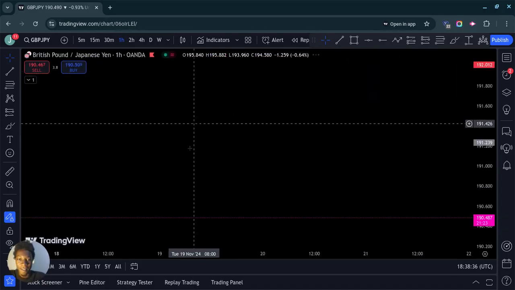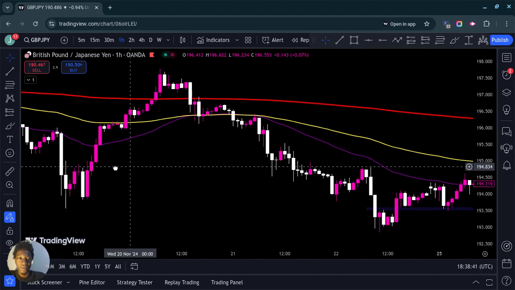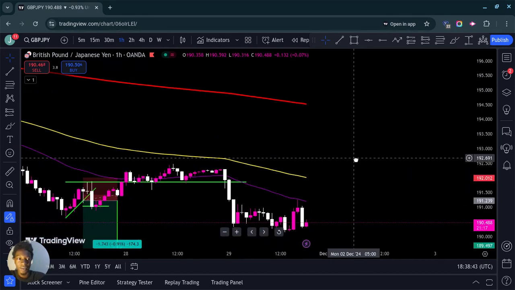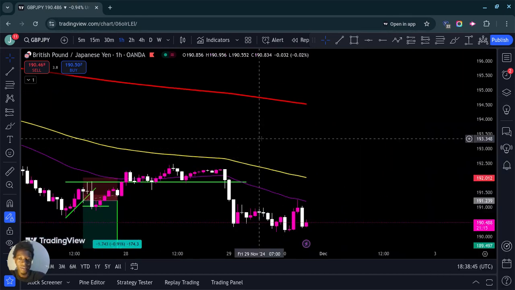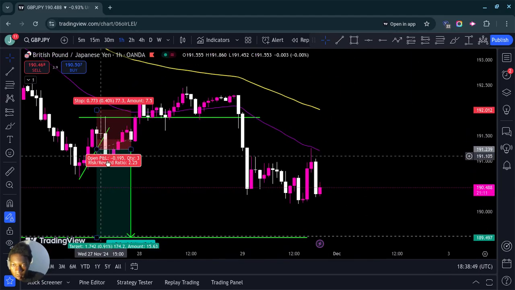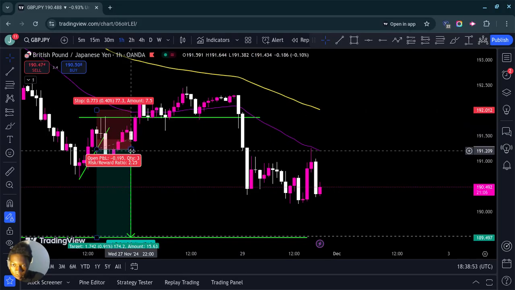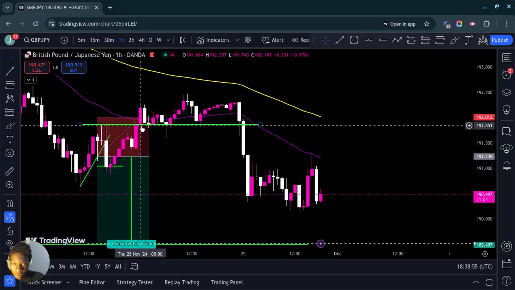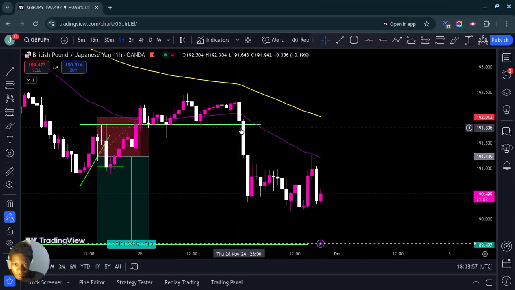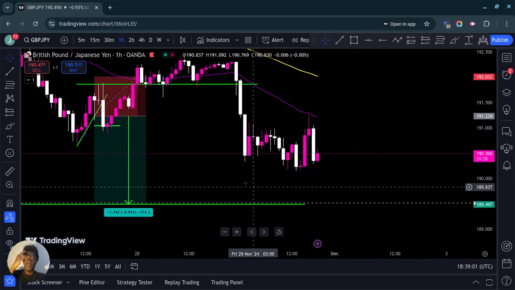Look. Right after it did that here, right after it did that, look what happened. This thing came all the way down. Bam. Hit my stop loss from here. Then it's consolidating over here. Breakout, then boom. It's going all the way down, and it could possibly hit take profit. Anyways,